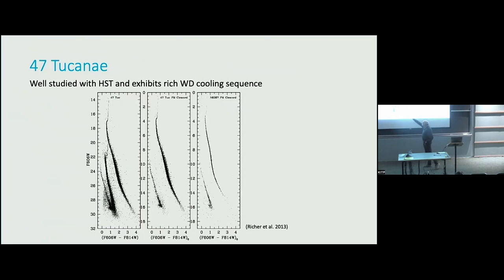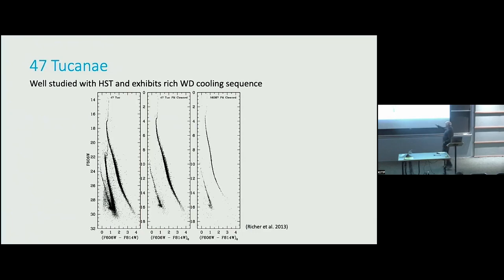Here's the main sequence of the cluster. This is the white dwarf cooling sequence of the cluster. And this is the SMC, which sits in the background. But with 7, 8, 9 years of time, you can actually reasonably well get rid of the entire SMC by doing proper motions, and here's the result of that. You really do eliminate the SMC quite well,